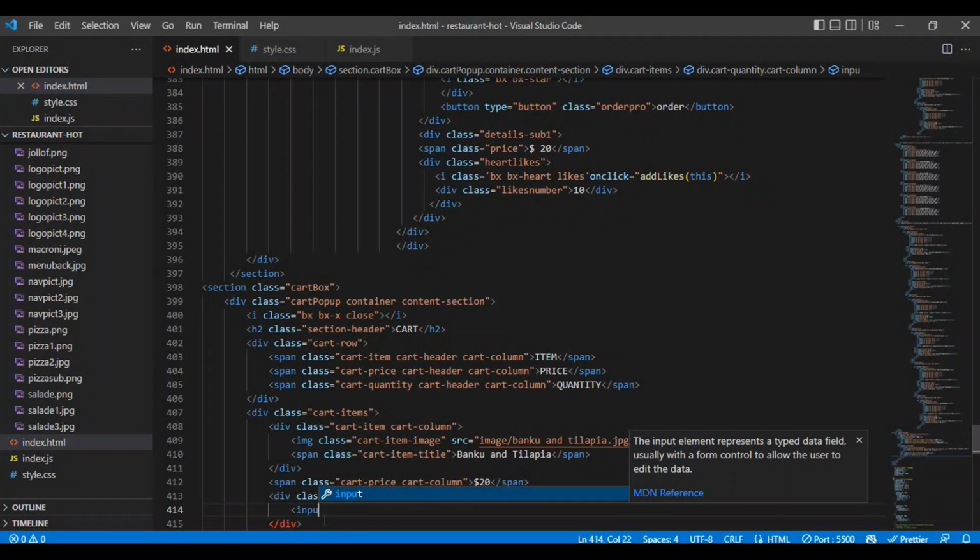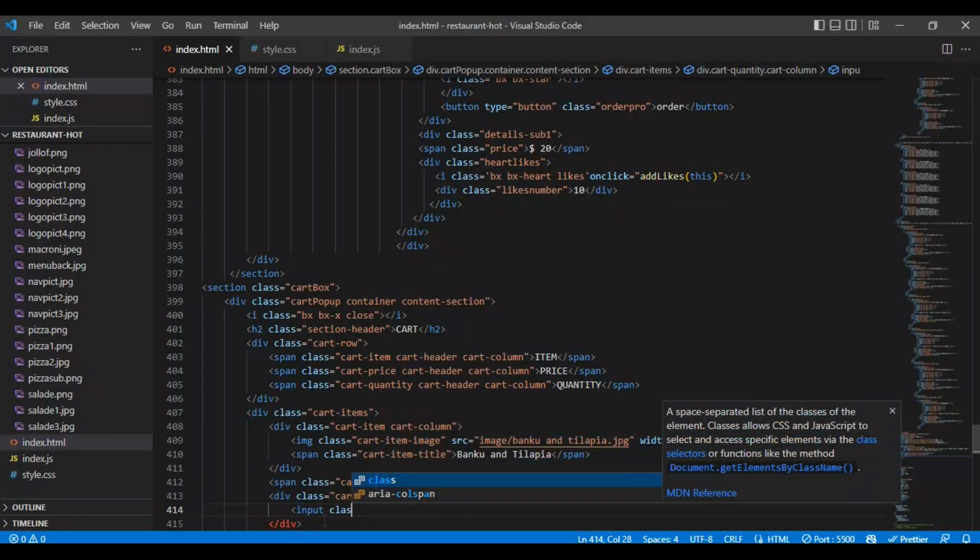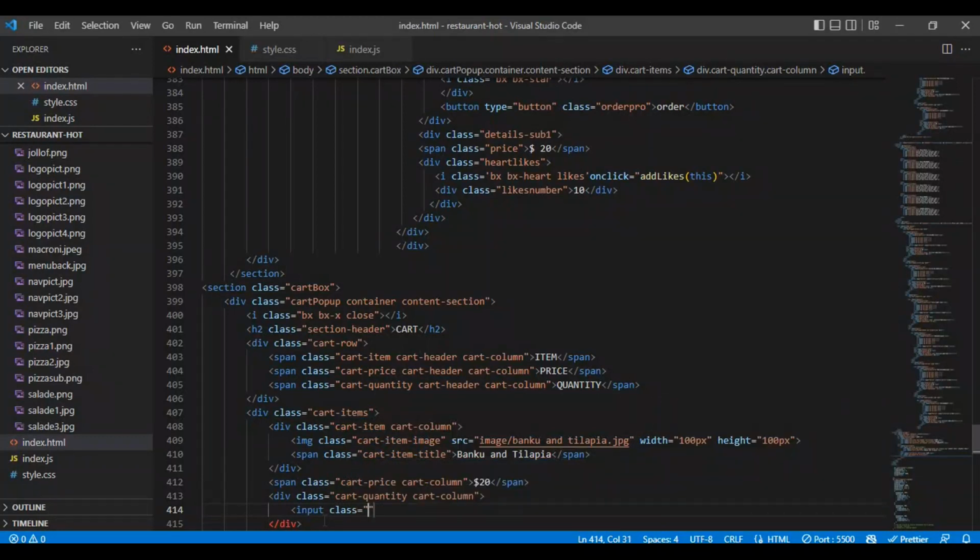The input will hold the number of items we want to order, and you can change it at any time. So for the input, we put a class of cart quantity input,